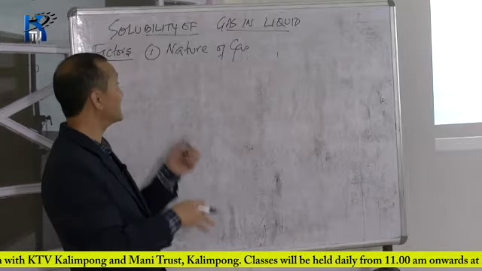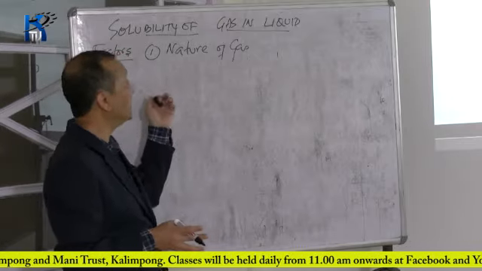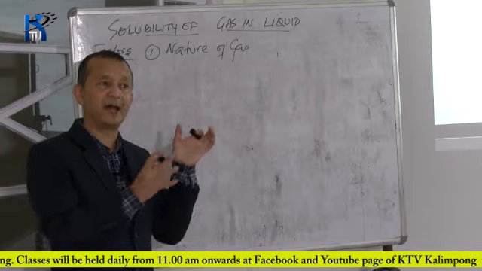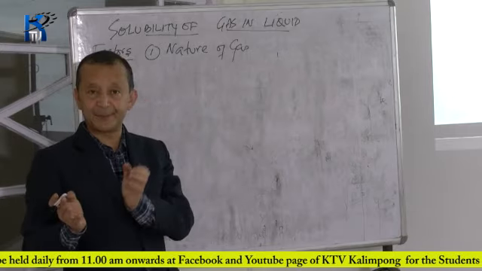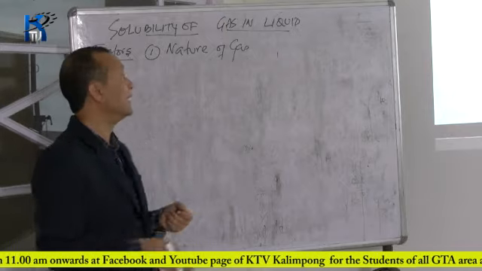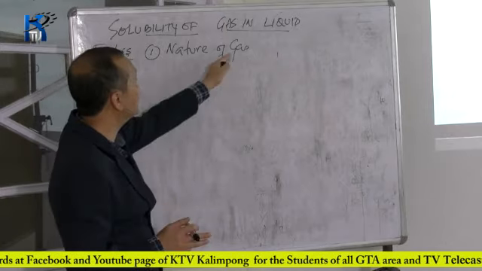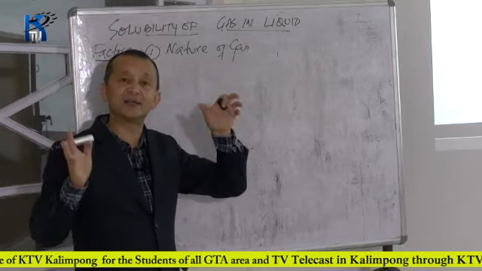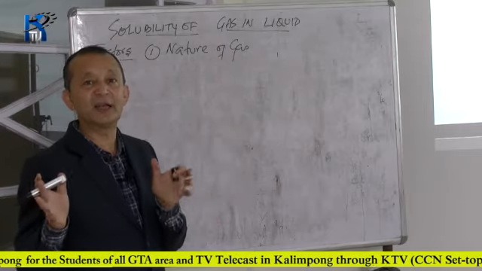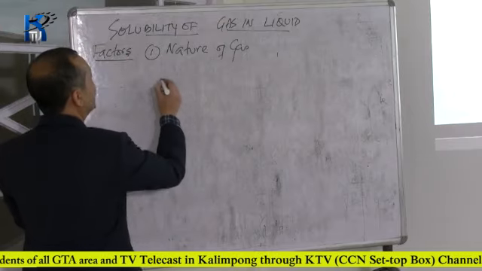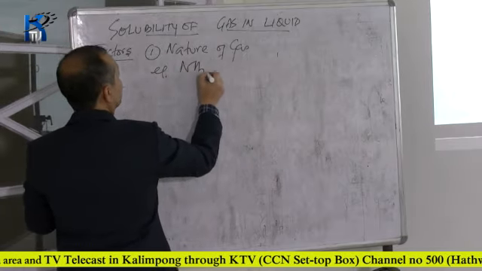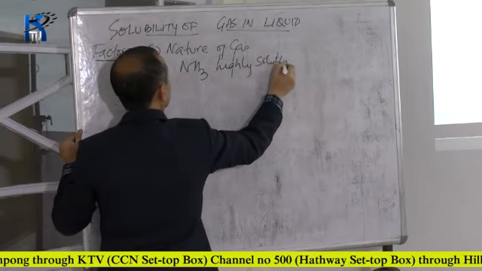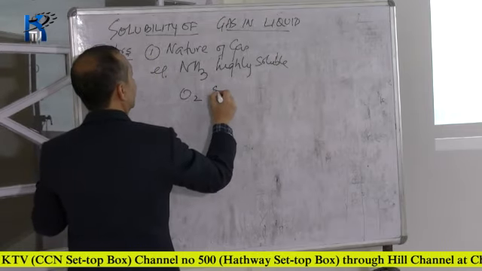We cannot say that carbon dioxide is also highly soluble in water, but ammonia gas is highly soluble. So if you want to compare the solubility of gases, ammonia is most soluble, next carbon dioxide, then other gases like oxygen and nitrogen. So the nature of the gas is one factor which decides how much of a gas has dissolved in a particular liquid, for example water. Example: ammonia, highly soluble; oxygen, sparingly soluble.